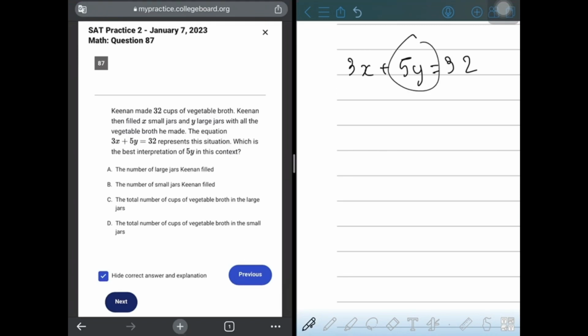So firstly, the method is, you consider x is small, okay? And y is large, okay? And now they ask about y, so we can eliminate